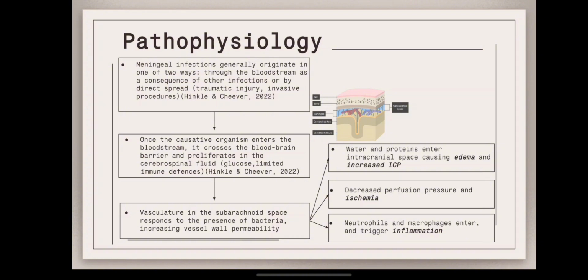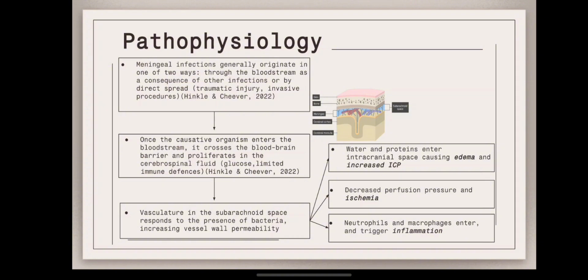This is because cerebrospinal fluid is abundant with glucose, which is essentially food for the bacteria, and cerebrospinal fluid also has limited immune defenses. Once the bacteria is in the cerebrospinal fluid, of course the cerebrospinal fluid circulates, and once it's in the subarachnoid space, as I've